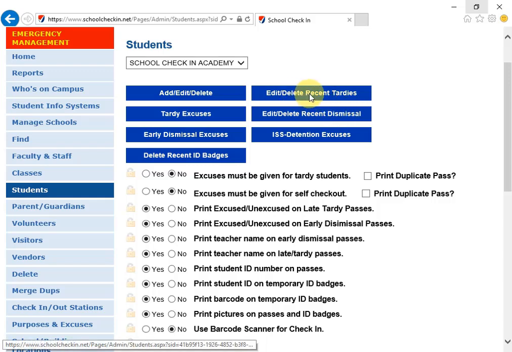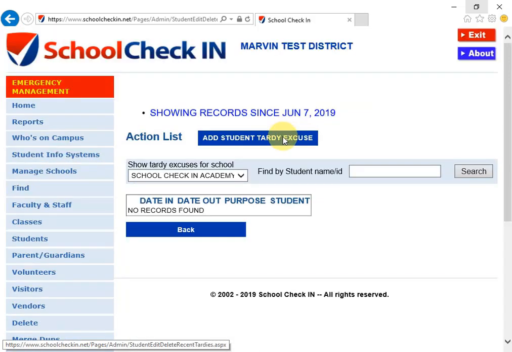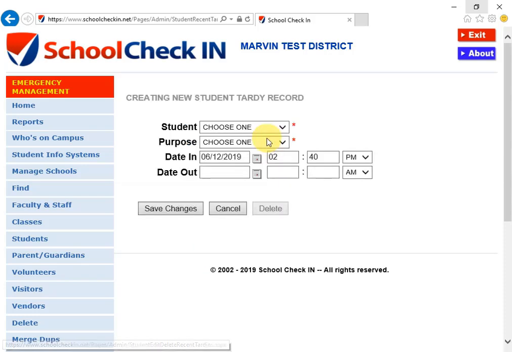To do this, you will click on either of these tabs, and you can add a new student tardy excuse here. If you already have students checked in as tardy, they will be found at the bottom here, and you can edit those, such as editing the time that they came in or the purpose, or you can delete them as well. To add a new tardy excuse, maybe a student forgot to check in,